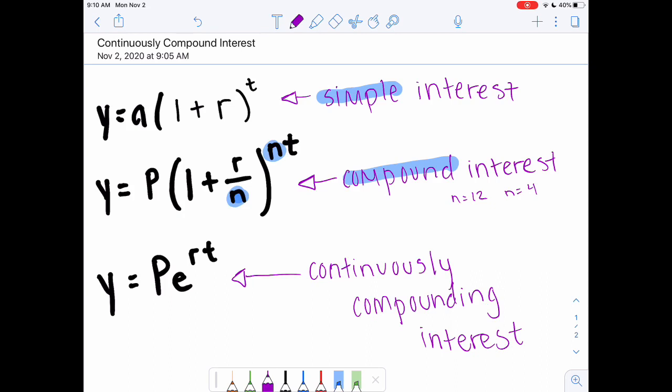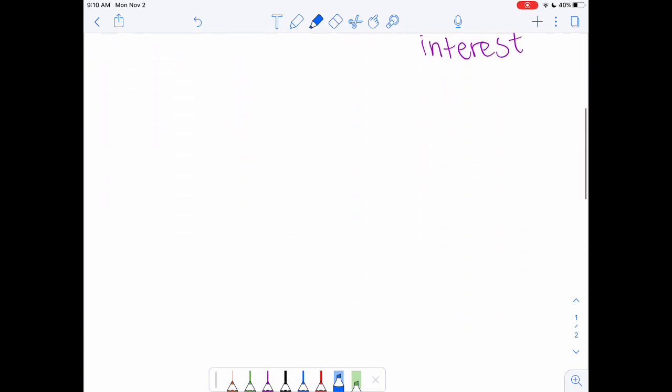Today we're looking at a new formula for continuously compounding interest. The key to this continuously compounding formula is this number E right here. So let's deep dive into what that E means. E is not a variable. E is a number. E stands for